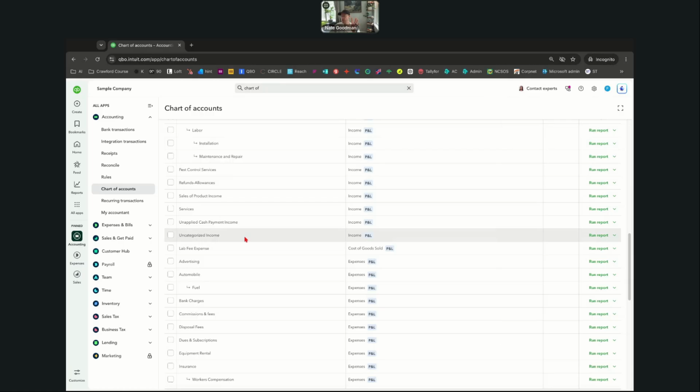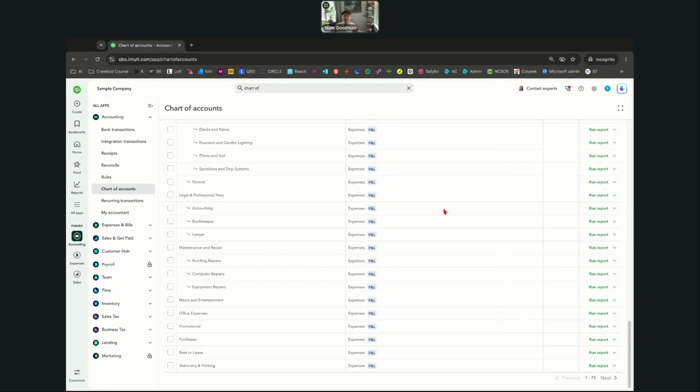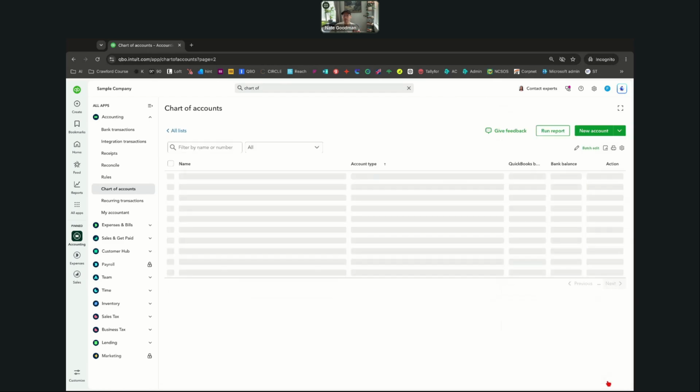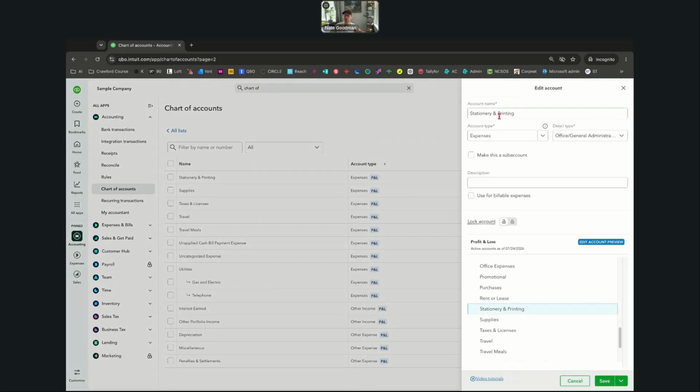So I'm not going to go through the whole chart of accounts and just rename everything, but one of the things I do, I scroll through all of the accounts when I look at someone's QuickBooks accounts and say, we got a lot of stuff in here. Is stationery and printing, are you doing a lot of stationery and printing, or should this be office supplies? And in most situations, you can actually rename something